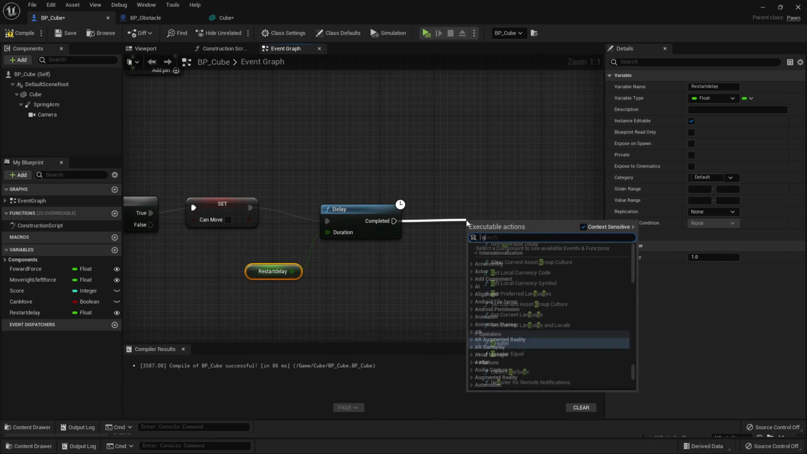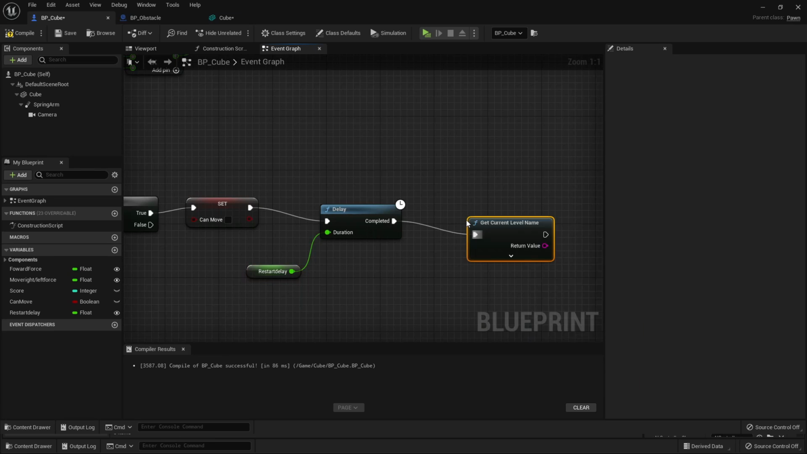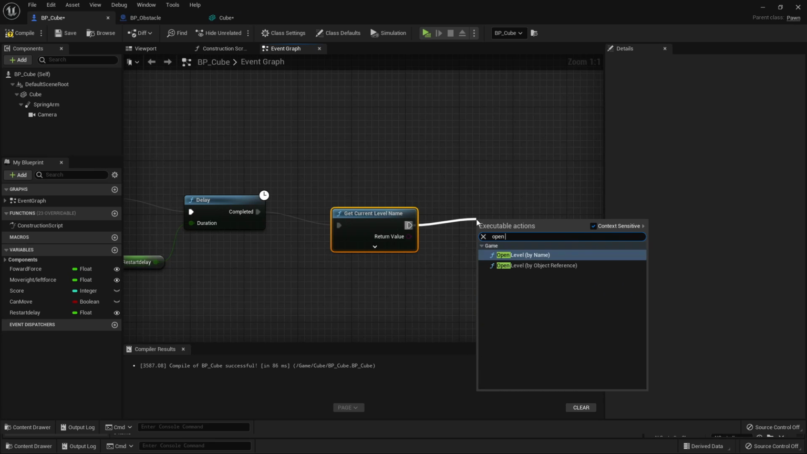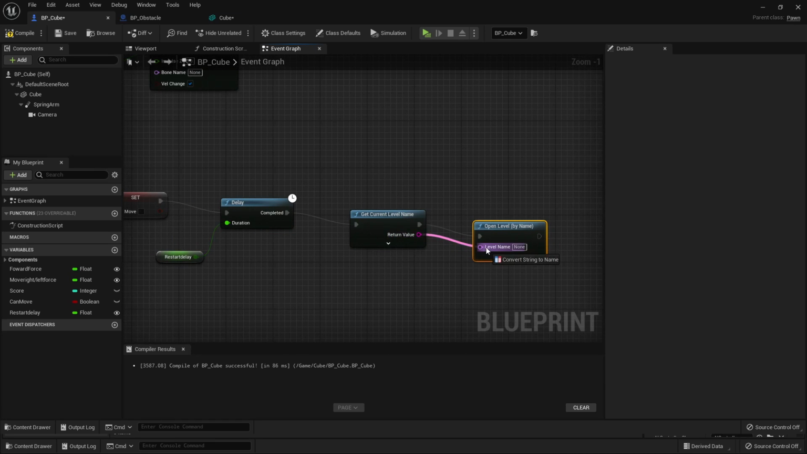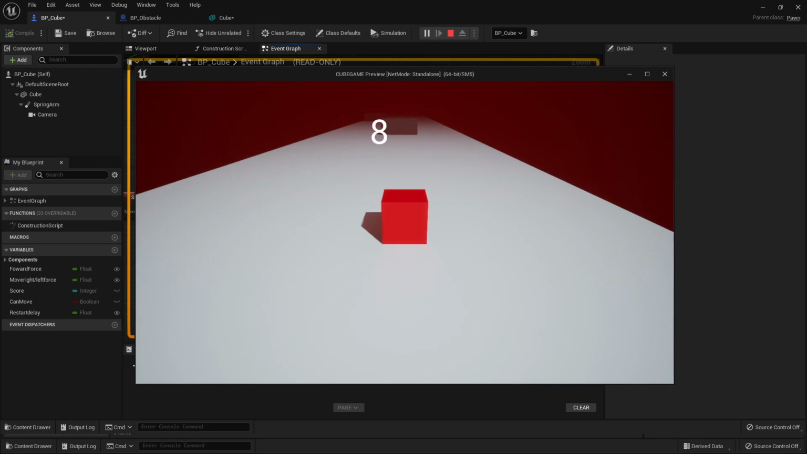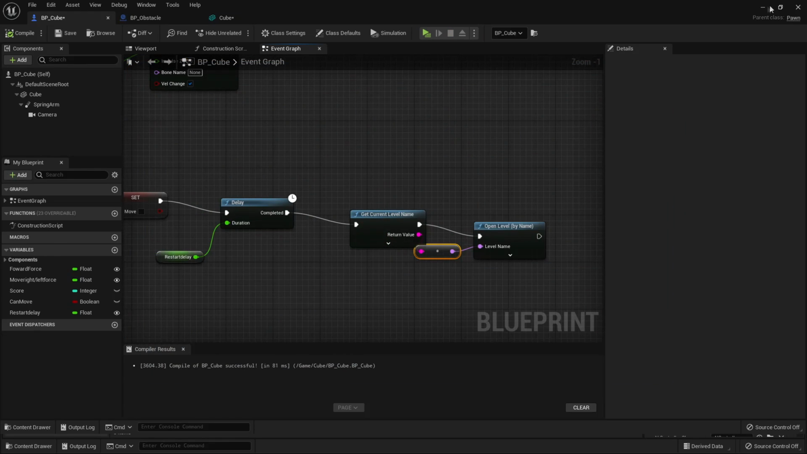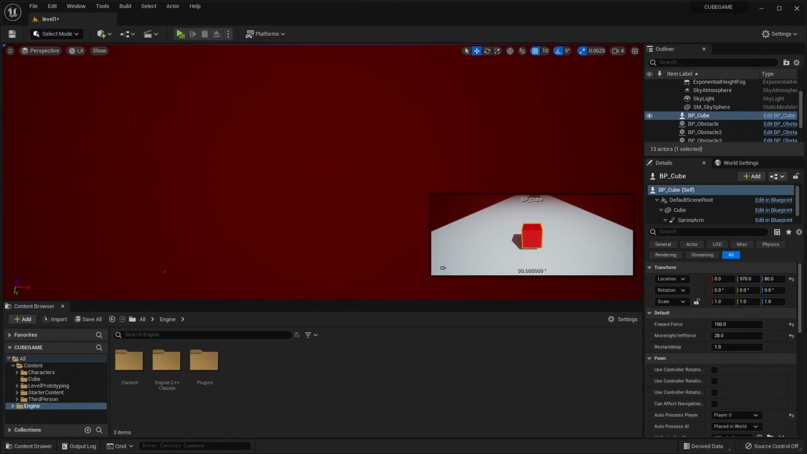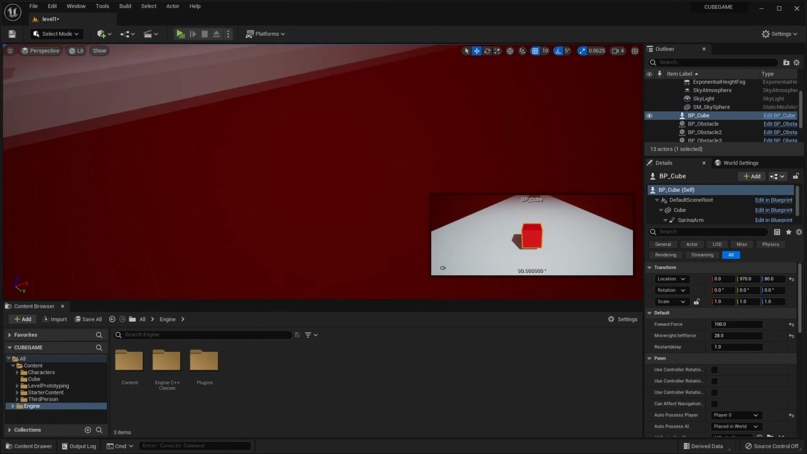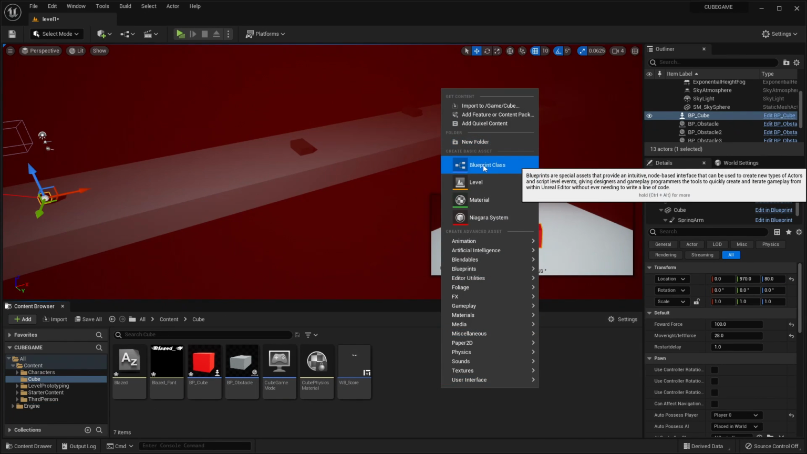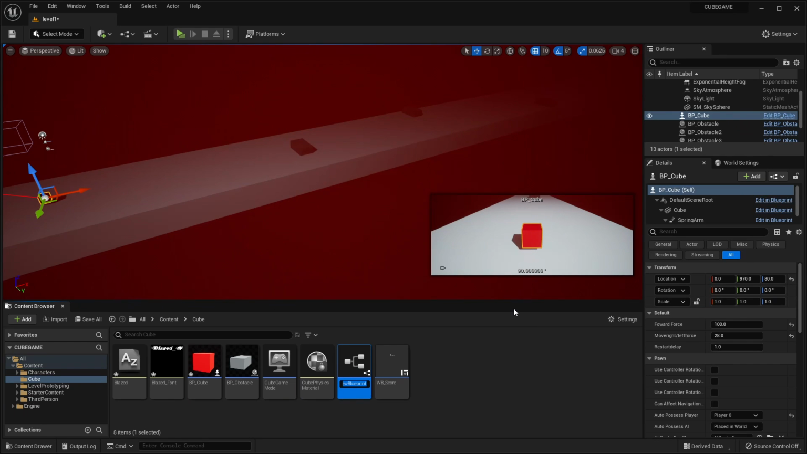Then what we're going to do is look for get current level name, and then we can just drag up here and look for open level by name and hook up this return value into here. And then if I go compile and play, if say I hit this cube, after 1 second it will restart the level. Next, in order to make this volume where if the player character falls off the world, they will instantly die, we can go to our cube folder, right click, go to blueprint class, select an actor, and just call this kill volume,